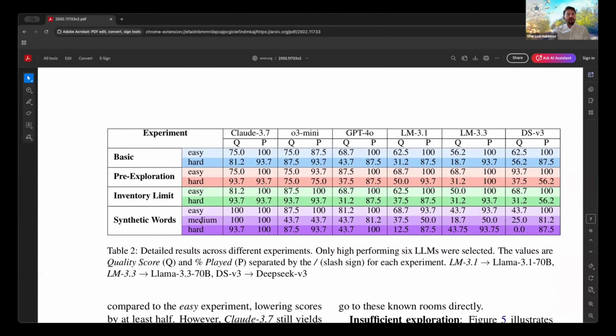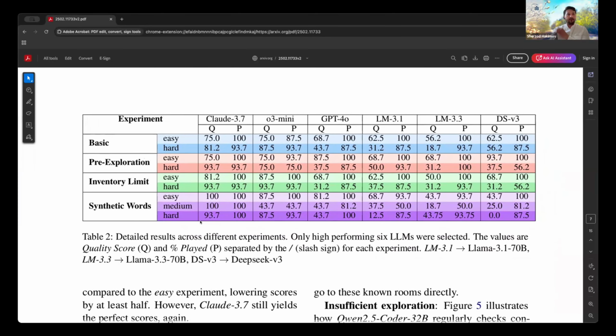And then we can go to these results to look in a little more depth. More or less all the models can, to some extent, do this task. The basic task is navigating somewhere, picking up the objects, bringing them back, and so on. So they can do this. In the hard cases, we can see that, for instance, for Llama 3.1 the score drops from 62 to 31, meaning the hard cases are actually difficult for it. But Claude doesn't care. Claude even gets better in quality on this one.